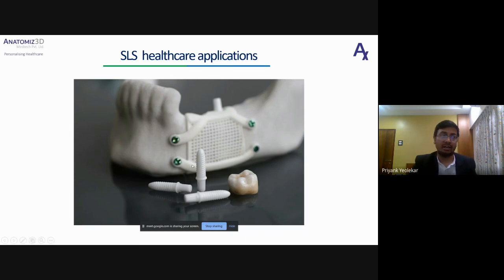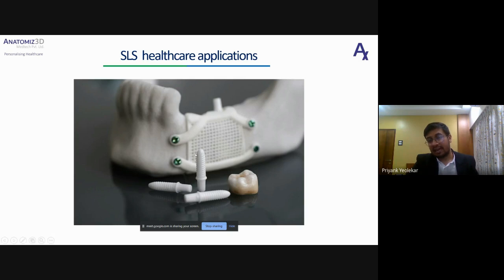healthcare applications. Another application I can think of is if you want to make very small structures, let's say you are printing a model of a brain and the vasculature inside the brain. The diameter of the vasculature is very small, so the other technologies cannot cope with that, and they will generate a lot of support material during printing, and while removing that support material, the part can break, or the vasculature parts can break.